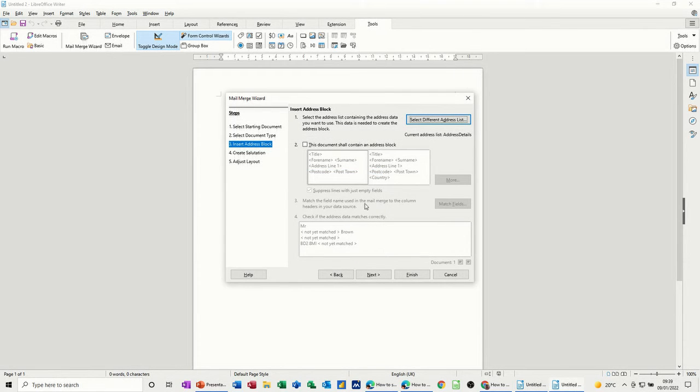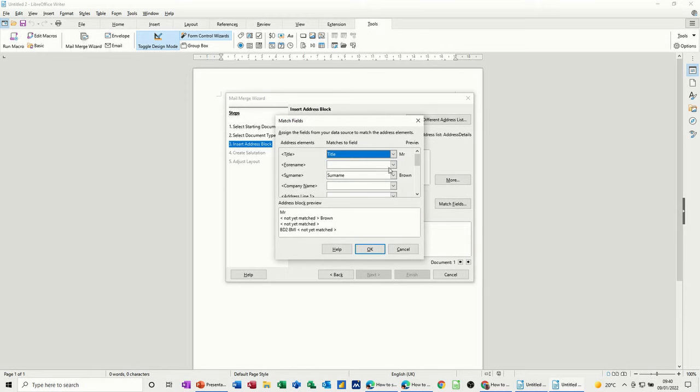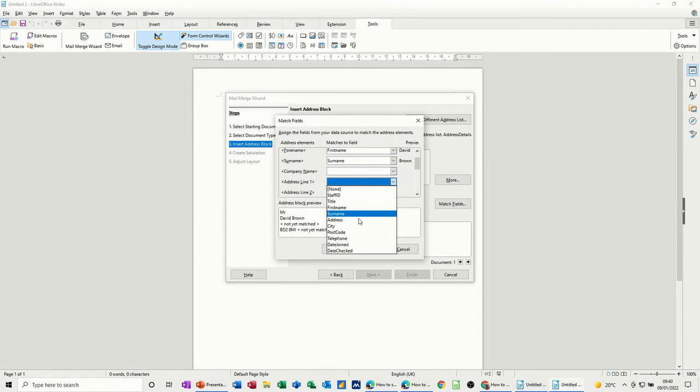OK, and now I need to make sure I get the right fields matched across. So you've got this option here, look, match fields, because at the minute it's not looking very good down the bottom there. So let's go into this option. So title is title, forename in this list is first name, surname's already there. Company name, I don't think I've got company name in this database, I haven't. Address line 1 is address, there isn't an address line 2,